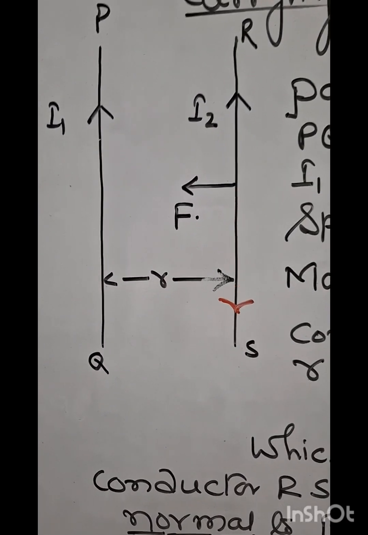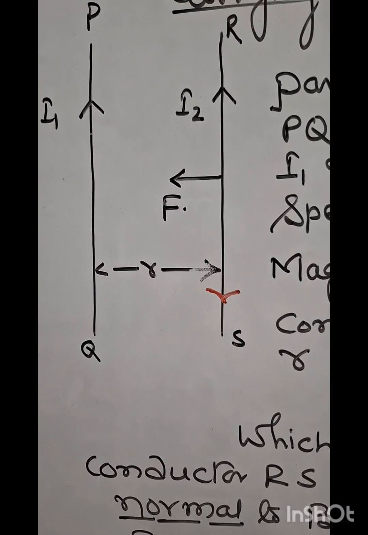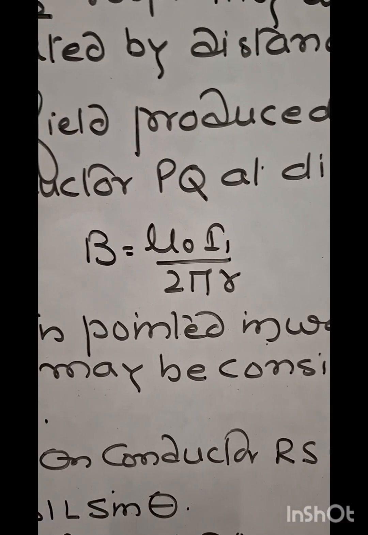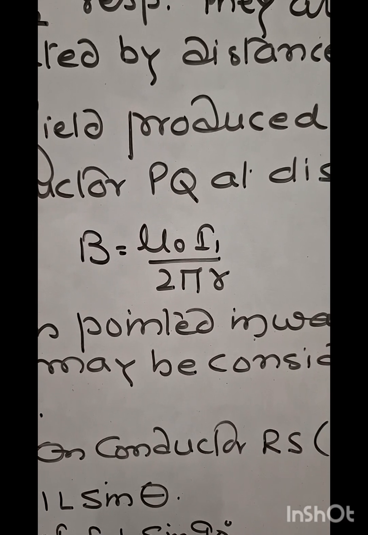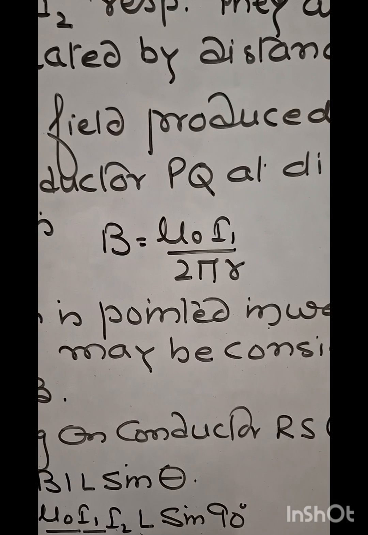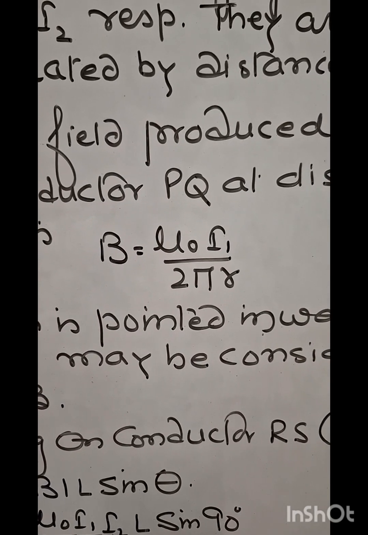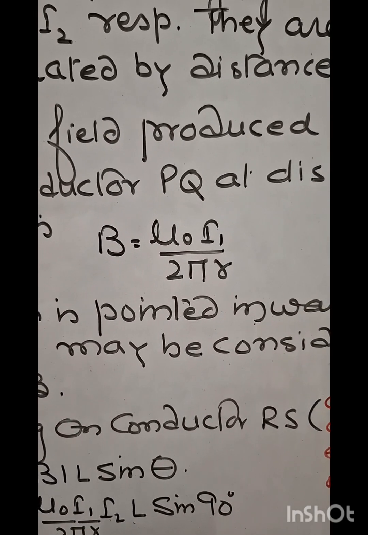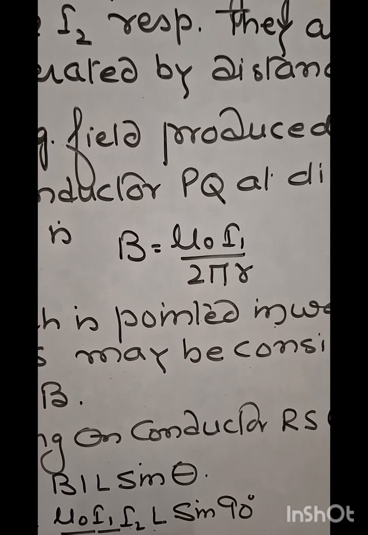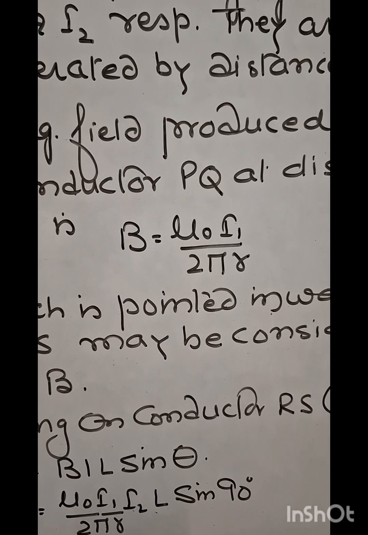The magnetic field produced by conductor PQ at distance r from it is given by the formula B is equal to mu naught I1 upon 2 pi r. This magnetic field is normal to the plane of paper, inward, and conductor RS may be considered placed normal to